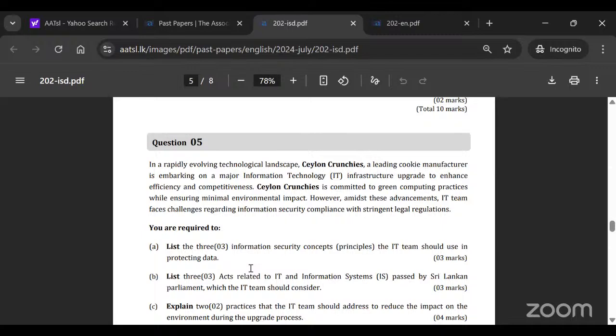Ceylon Crunchies is committed to green computing practices while ensuring minimum environmental impact. However, amidst these advancements, the IT team faces challenges regarding information security, compliance with